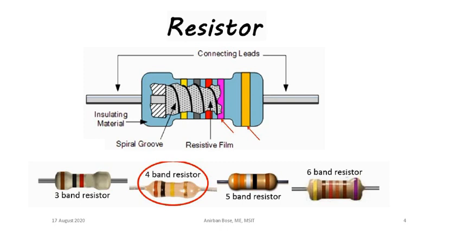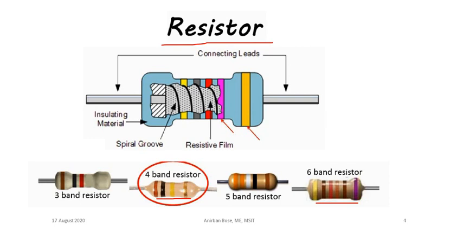Now see this particular component, the resistor. It is a very common component, and remember that the resistor is the most used component in electronic circuits. Here you can see there are different kinds of resistors depending upon their specification. Different types of color bands are there, and depending upon the number of color bands they are also categorized, and these color bands give the specification of the resistor, that is, the magnitude of its resistance.